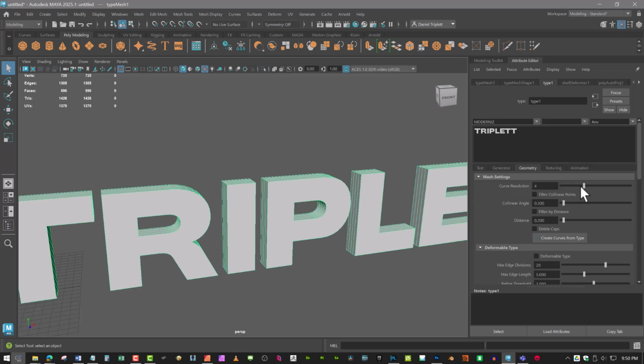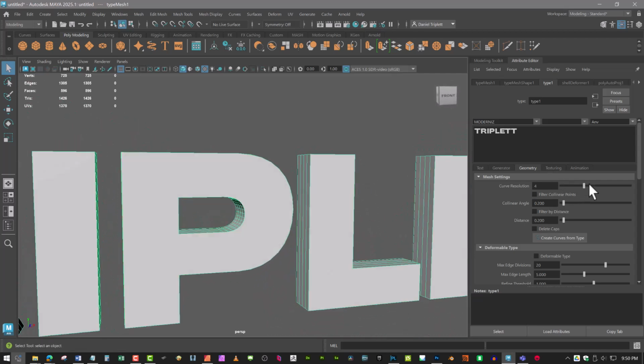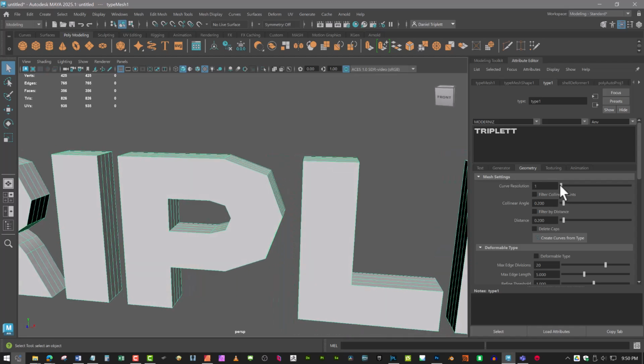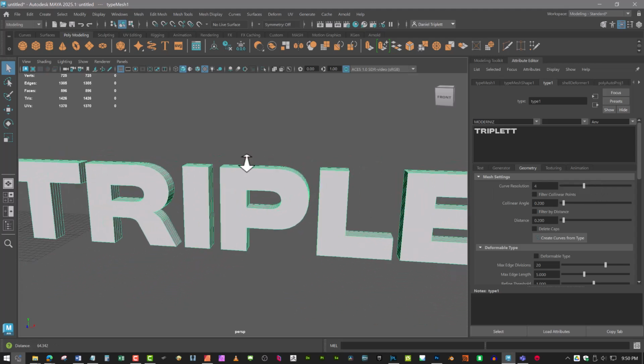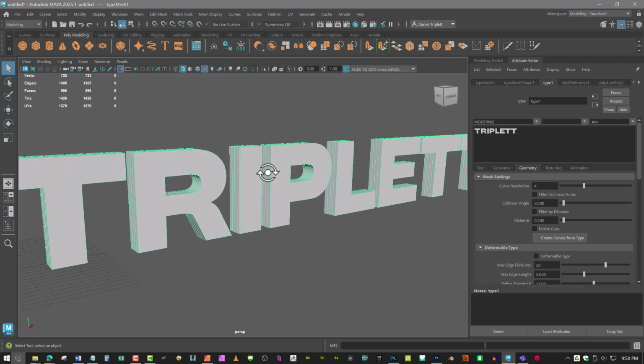So basically we have curve resolution. This is perfectly fine right now. The curve resolution is adequate. If you turn it down, it might become really blocky like so. But if you turn it up too high, then you're actually kind of overtaxing the computer, and Sketchfab only has so much memory that you can load up into it, so you don't want to load up a massively heavy